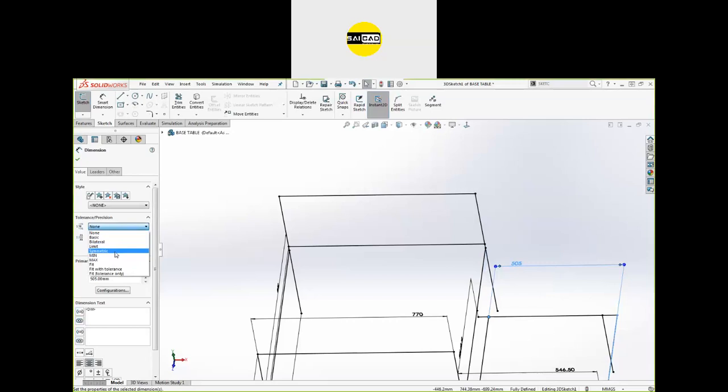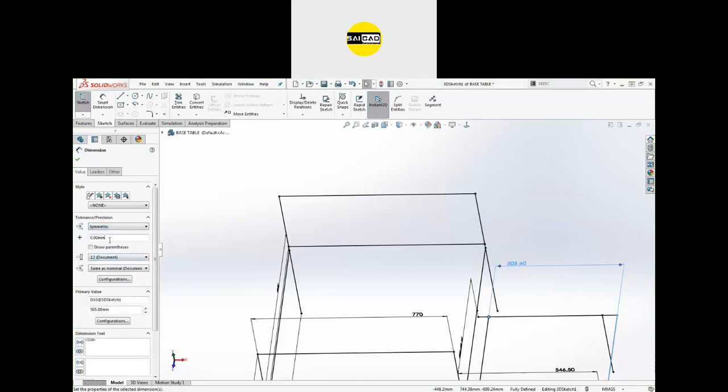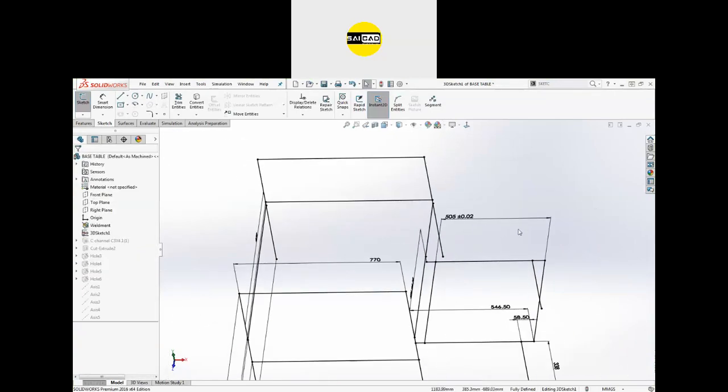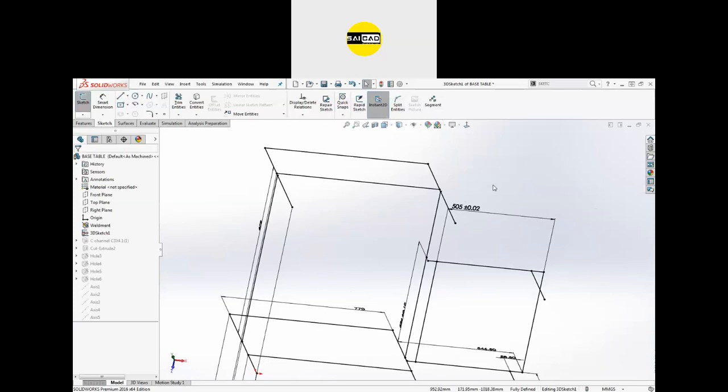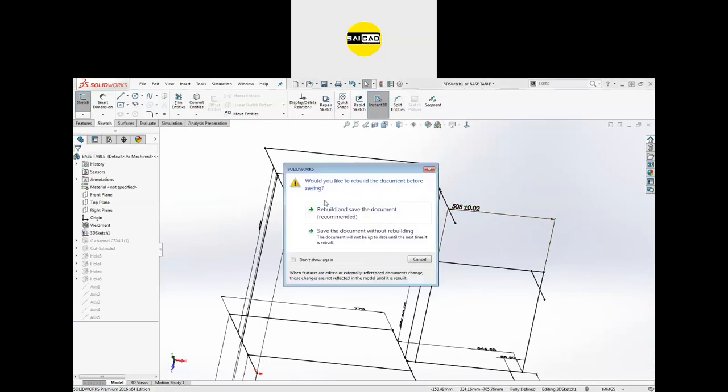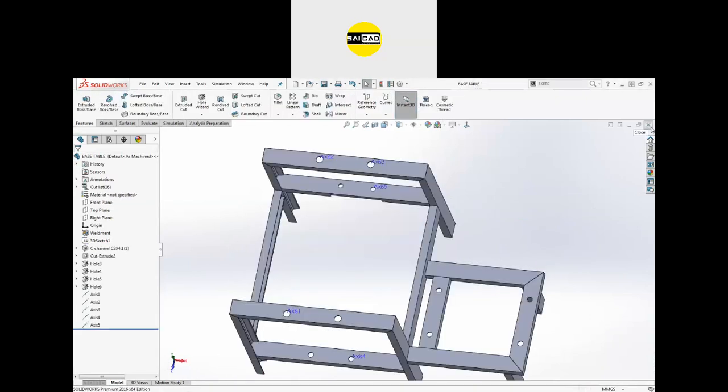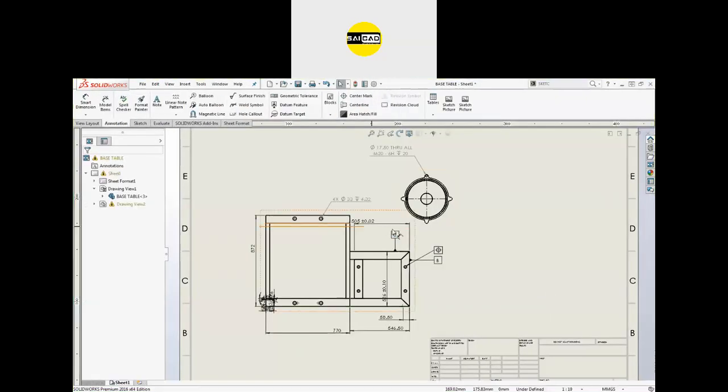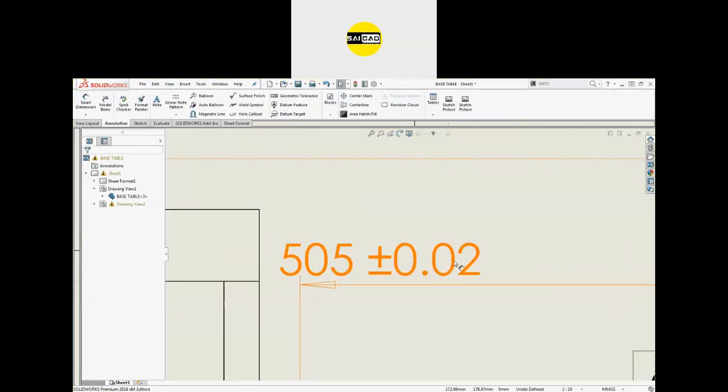So you can see this is the tolerance value right here. Okay. If you see in the drafting, you will see this value will be updated there. We will have the tolerance right here.